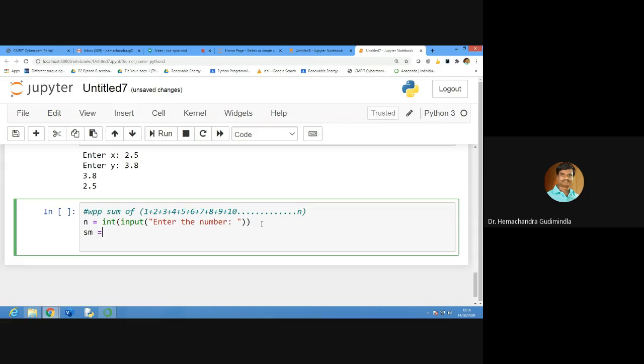That's why I use another name. What do I have to do here? n into n plus 1 by 2. Have you heard of this? Print of sum.